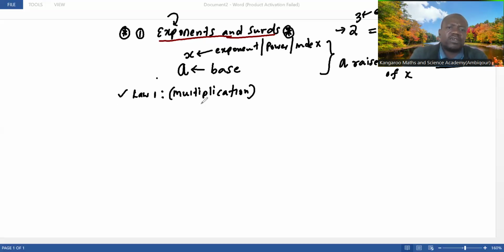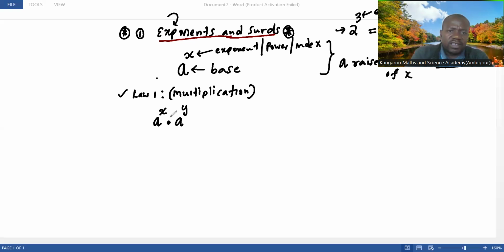So according to the multiplication law, it says when you have, let's say, a to the power of x, I'll just use the power for now, and you multiply this with a to the power of y. Bear in mind, multiplication in maths, we use brackets, or we use a dot. This has to do with multiplication. Now, when you are multiplying 2 exponents, we'll just generally call it an exponent, according to the law,